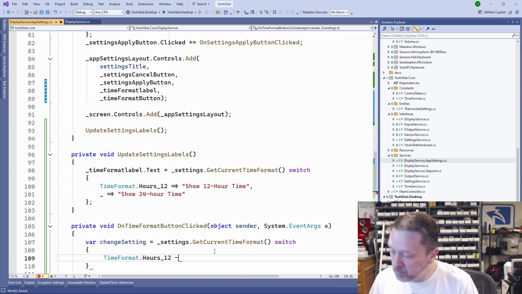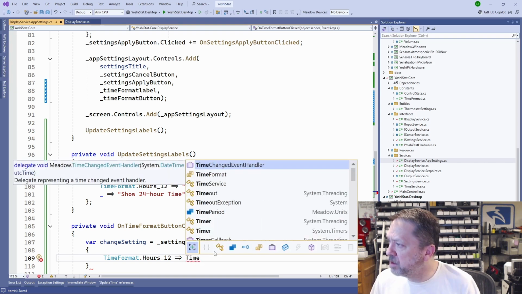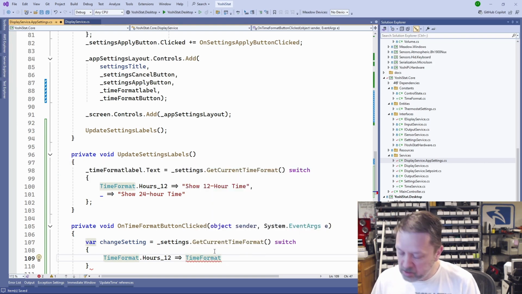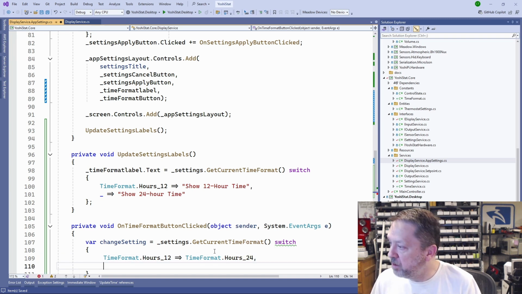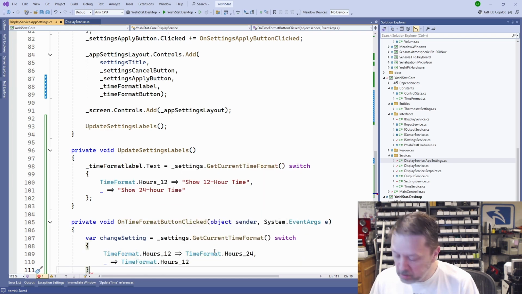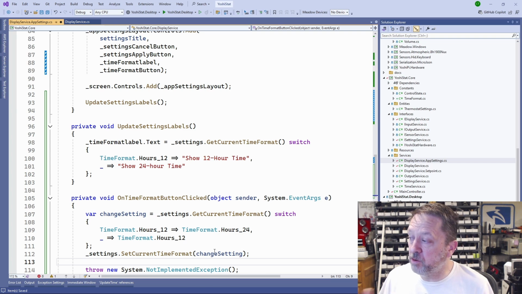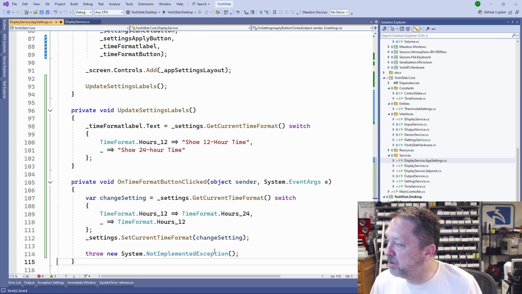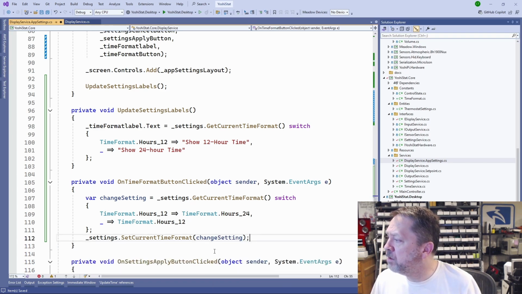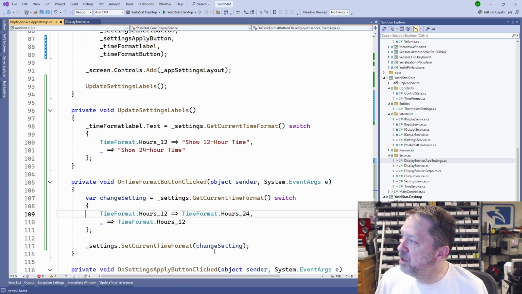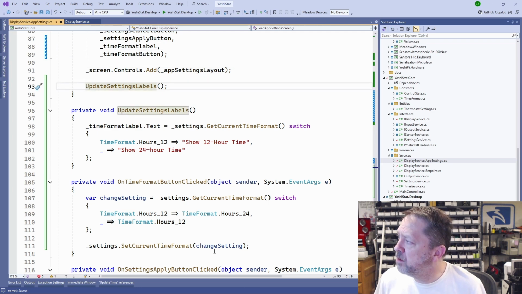So if it's a 12-hour, we're going to make it time format. If it's 12, we go to 24. Otherwise, we go to 12. And that should cascade through. It's going to raise an event when it happened, though nothing is listening for that event right now. So we're just going to set that, and then, in fact,